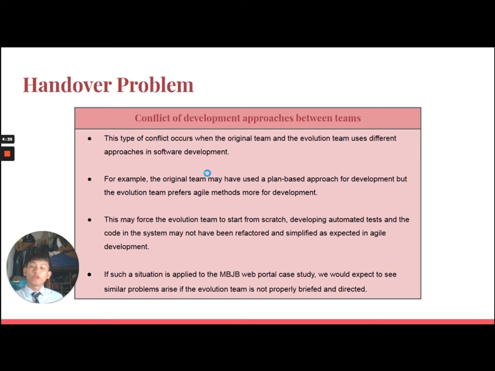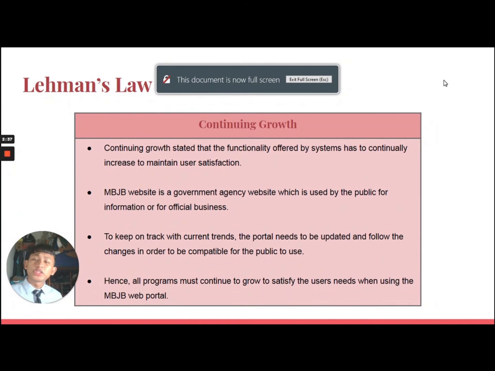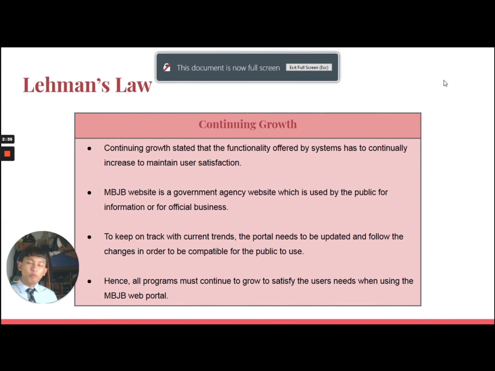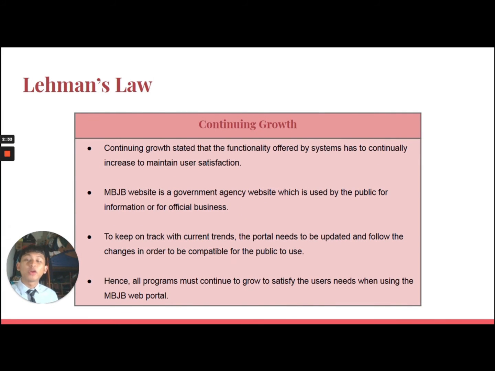For example, the original team may have used a plan-based approach for development, but the evolution team prefers agile methods more for development. So one of Lehman's laws that apply to the web portal case study is continuing growth. Continuing growth states that the functionality offered by systems has to continually increase in order to maintain users' satisfaction. So the MBJB web portal is a government agency website which is used by the public many times for official